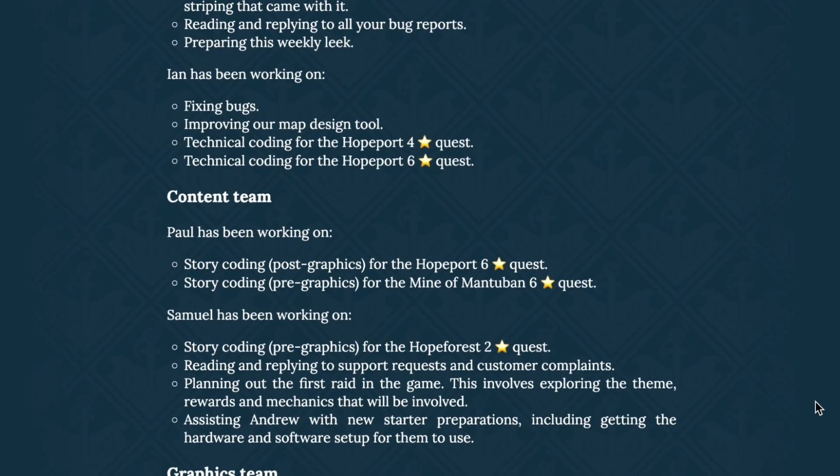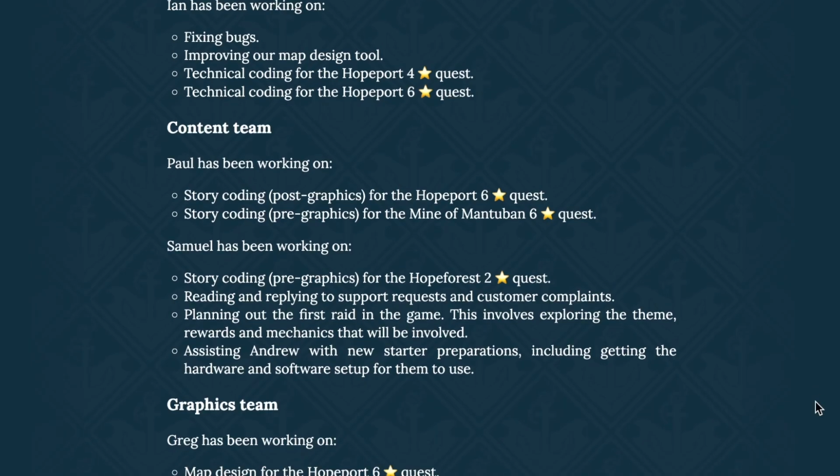Interesting. Content team. Paul has been working on the story coding post graphics for the Hopeport 6-star quest, story coding pre-graphics for the Mine of Mantuban 6-star quest. When it says post graphics, pre-graphics, there's some tables below that will make that a bit more sense. Samuel has been working on story coding pre-graphics for the Hope Forest 2-star quest,